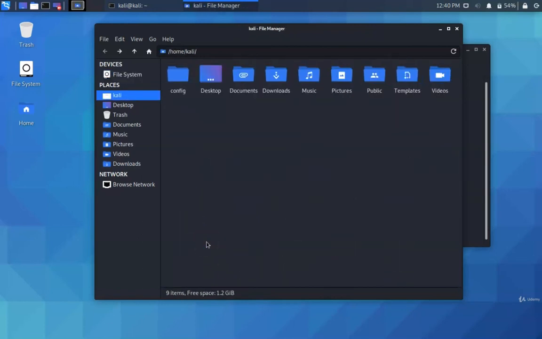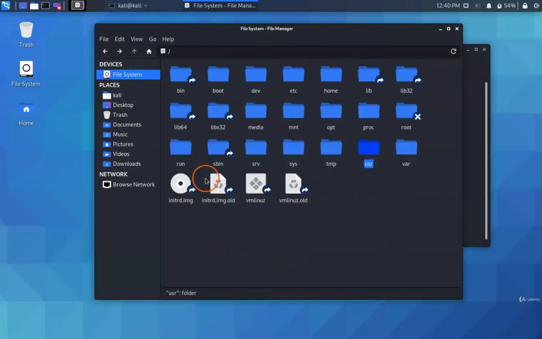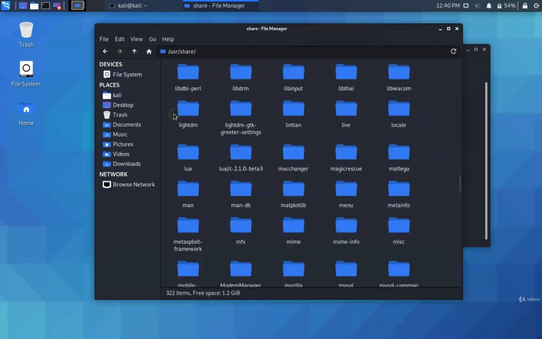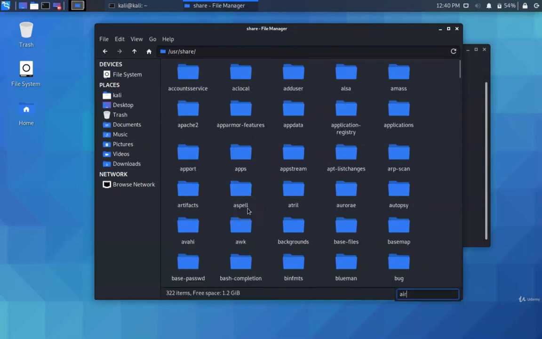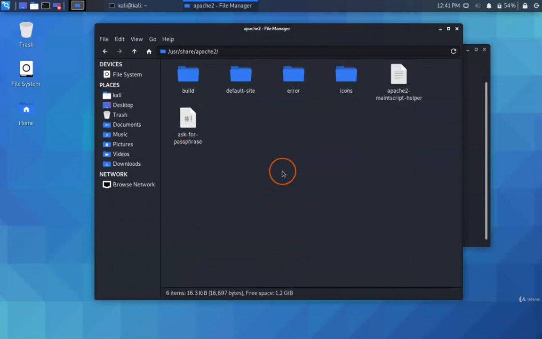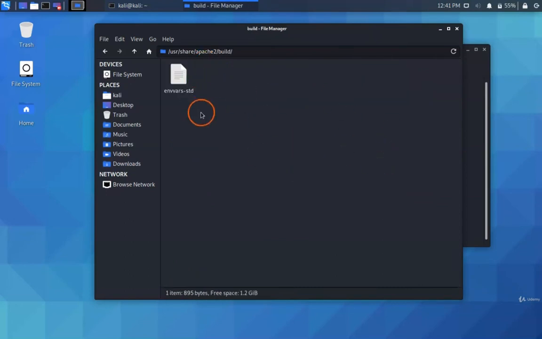If I'm searching for aircrack, if I'm going to USR share and searching for aircrack, alright, so this application is not installed in here, and we can also see the web server, that is the Apache 2. This is the web server that is installed inside the Kali Linux by default, and we will see some of the options like